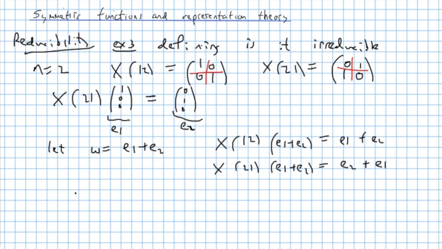So if we take a basis that has this sum of two vectors first and anything that makes it independent after,